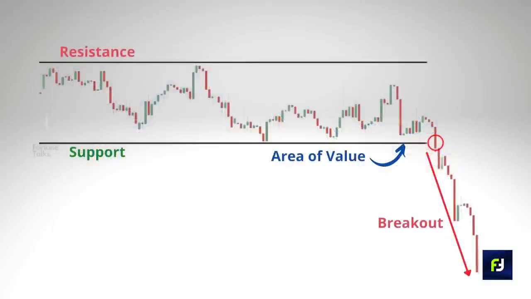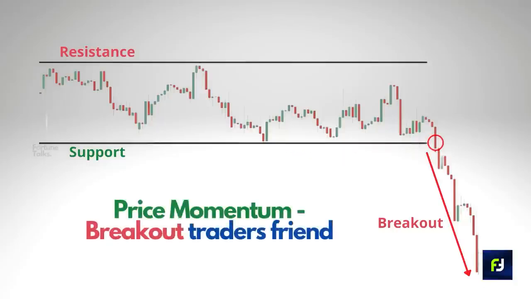Well then, a breakout occurs when the price moves beyond a certain level, not just any level, but a level of importance or an area of value. The area of value can be anything from a resistance, a support, to a trend line or a moving average. The very idea of breakout trading is entering the trades when the price momentum is in your favor. However, no system in the stock market is perfect. Keeping this in mind,